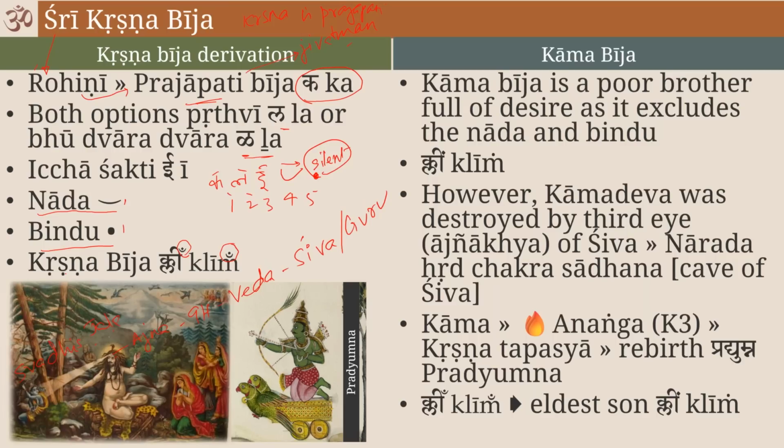When that blessing will come, you will become celibate, whether you like it or you don't like it, whether it is good or bad. Those things are beyond normal human understanding. When the time for that will come, it will happen. So this you should keep in mind. So what are we doing with the Krishna bija? Cling. With that tapasya, Lord Krishna did very, very powerful tapasya because Kamadeva got burnt and he became Bhasma.